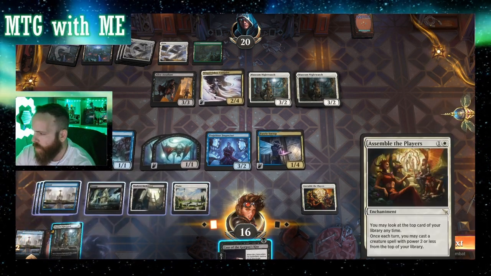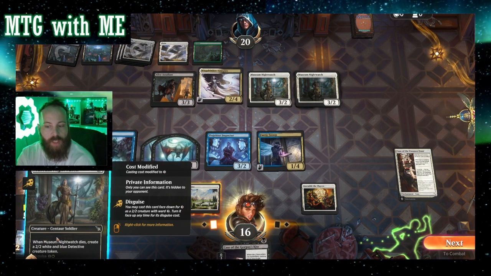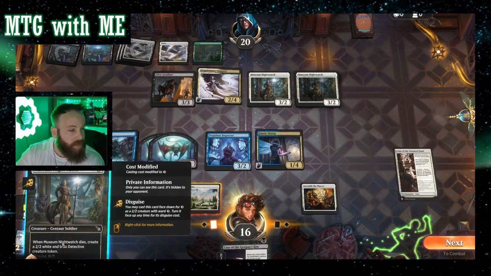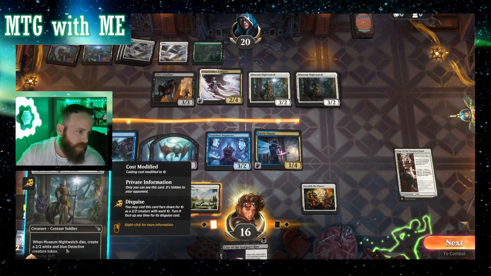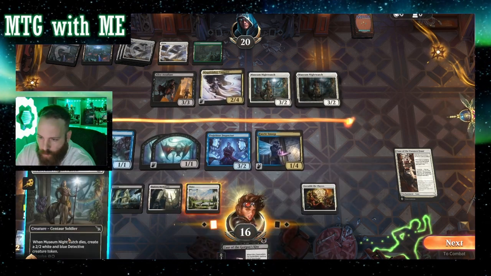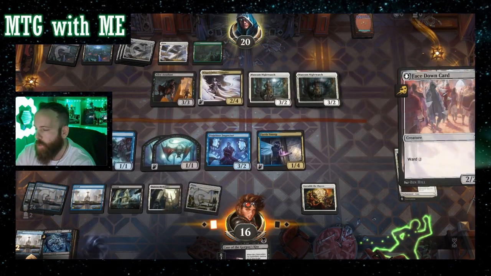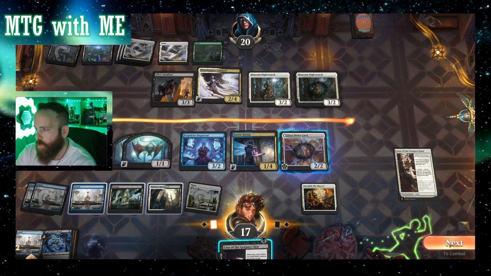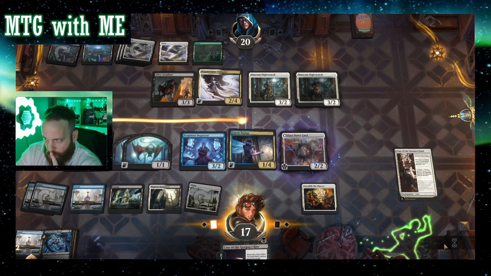Once a turn, you may cast a creature with power 2 or less from the top. What? Oh, look at that. So this is a 3/2, but this enchantment allows me to play it for its disguise cost, which does count it as a 2/2, and that I can play it from the top. I don't know if that's actually how that works, but at least that's how it works in MTGA. I'm gonna play it and then flip it up. I'm gonna try to bait that